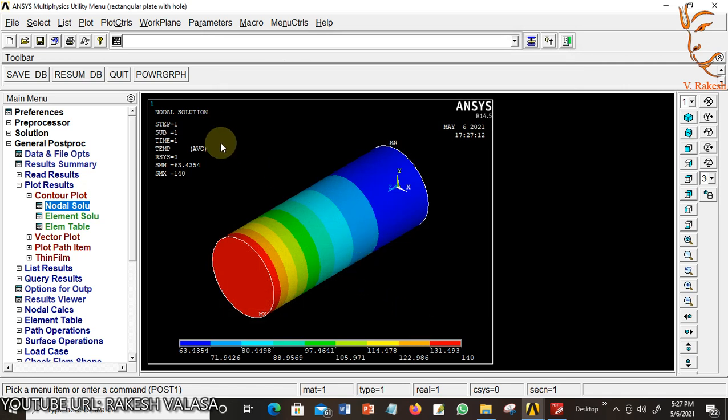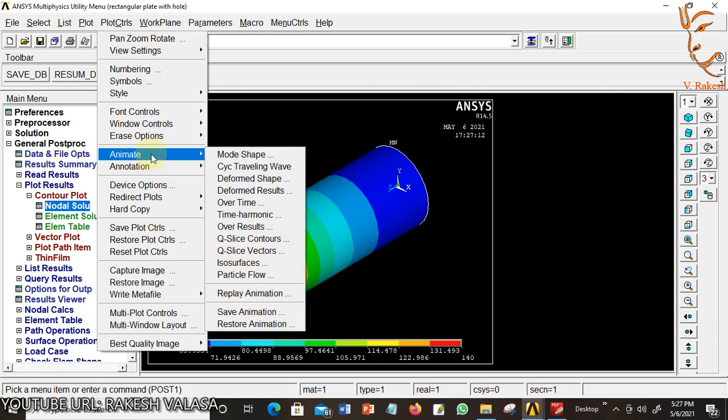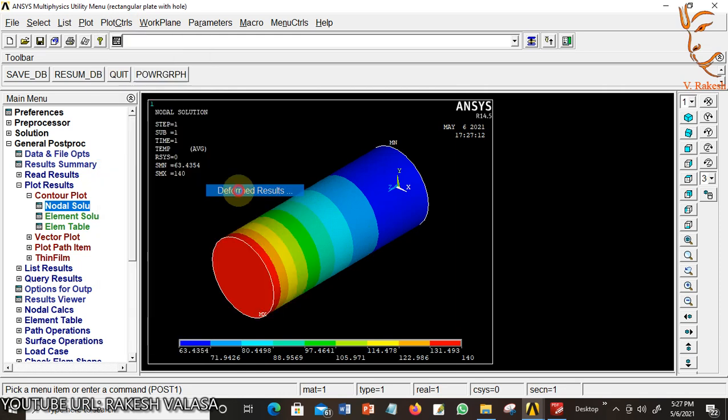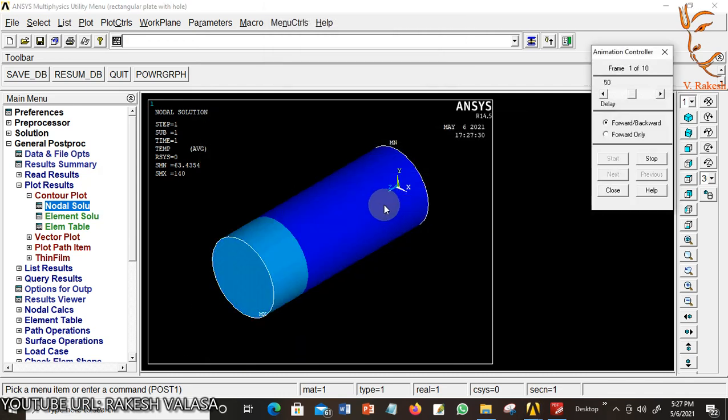For seeing animation, move to the plot controls. That option is available in the menu bar. Animation, deformed results, temperature. OK. You can see the temperature variation in this animation.